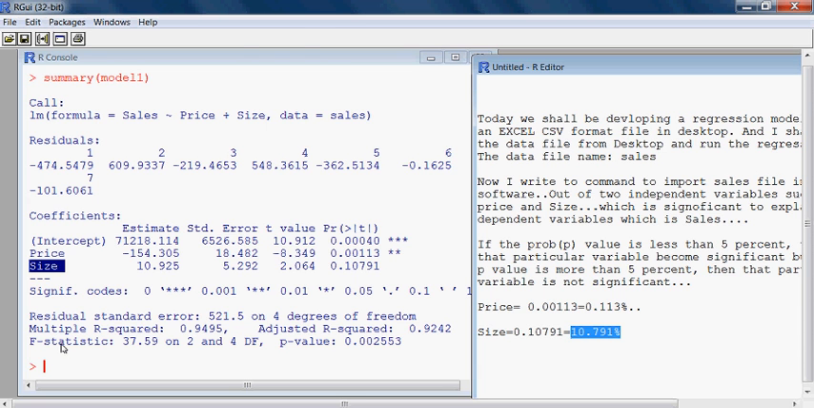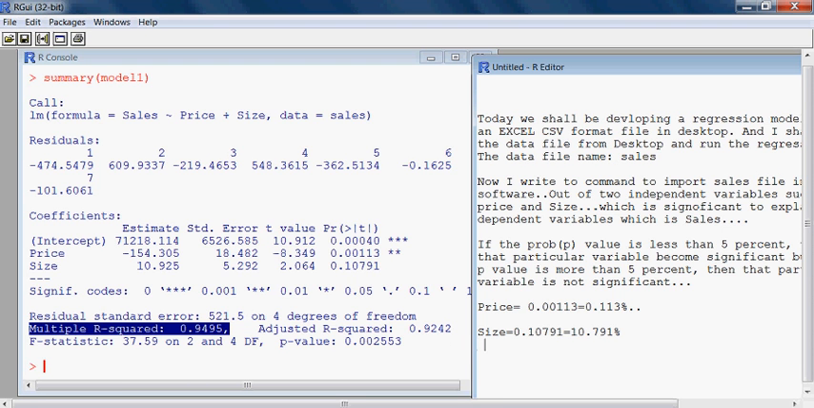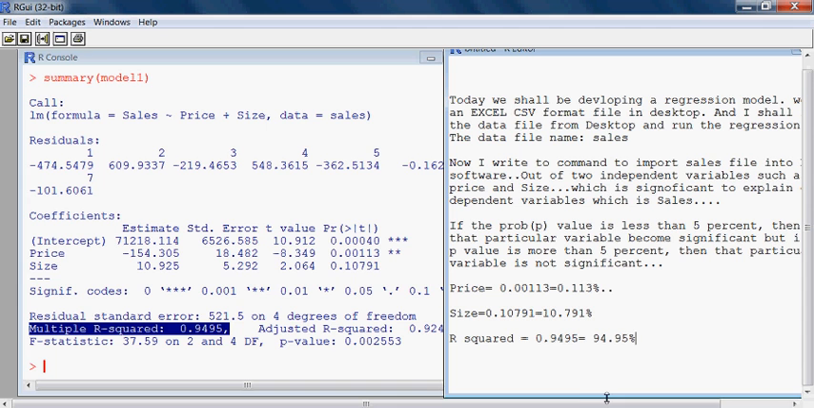Okay, and then we talk about value of r square. Here you can see there is one more thing that is also important. Multiple r square value, right? That means I can call it r squared value. R squared value is how much here? It is 0.9495, meaning that 94.95%. What does it mean, right? What does it mean by 94.95%? It means that 94.95%